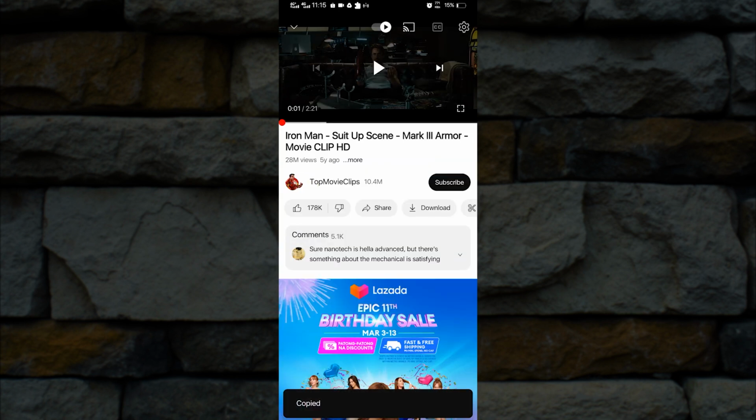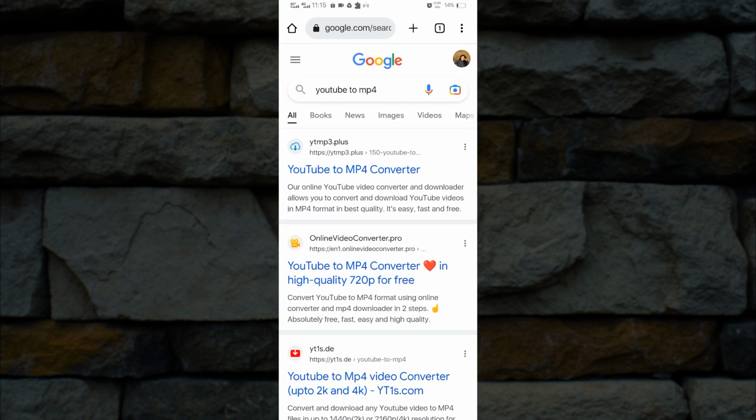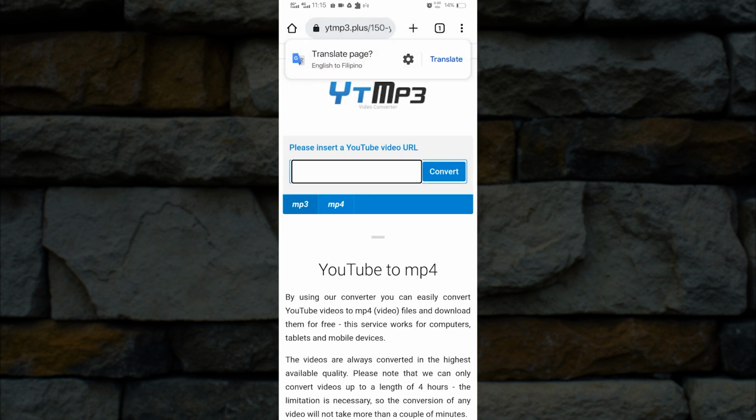After we have copied the video's URL, just head to your browser and then search for YouTube to MP4. Just tap the first one that appears. And then here, what we want to do is paste the link on the text box. After pasting the link on the text box, sometimes it will automatically convert, but more often, you have to tap